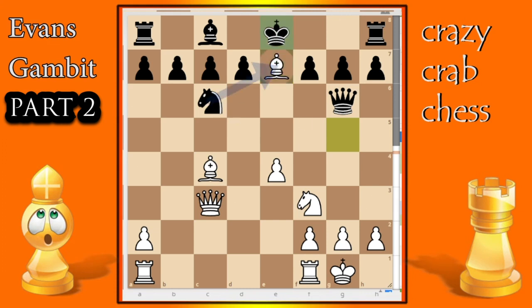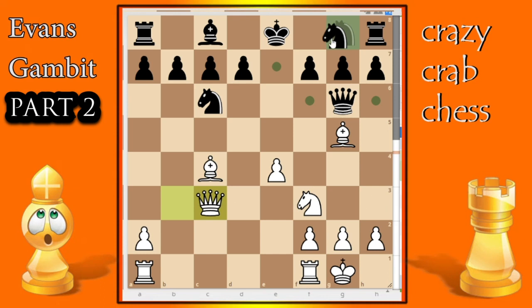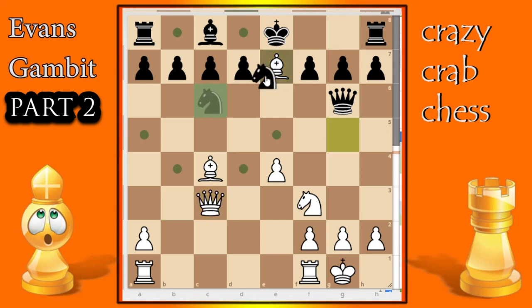So if you get in this situation, just to recap, this is after the queen has come out to f6. You've attacked the queen. The queen's going to move to the side here like this. Just take, take, take. And from here, if the knight comes here wanting to castle, snag the knight. And if he takes back with the knight, which is most likely,